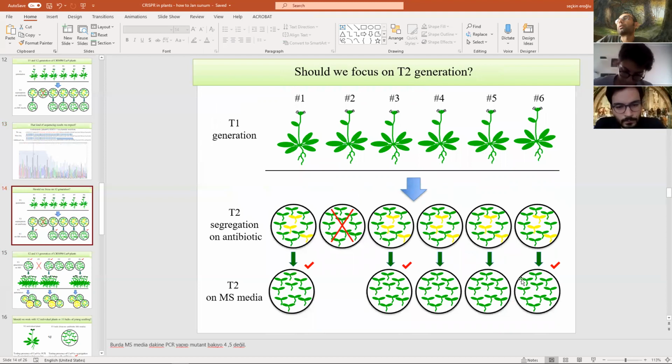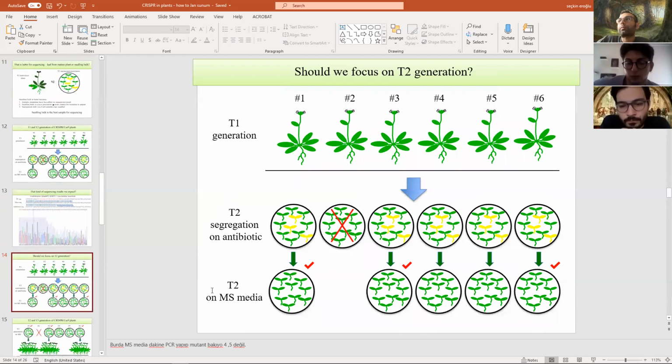And these three have different mutations. It doesn't have to be the same mutation. In fact, most of the time, you always end up with different mutations because it's a random process. Okay, so I told you